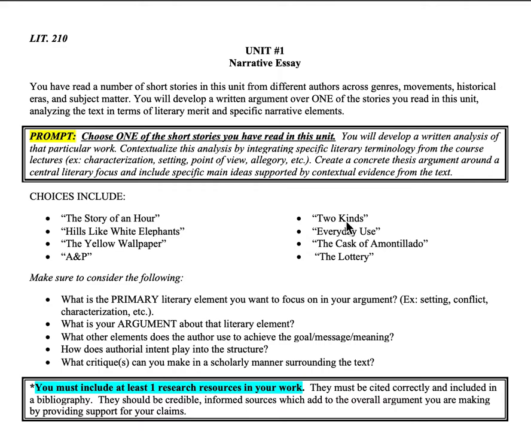So for example, if you did Hills Like White Elephants, you could look at the importance of dialogue in the text. You could also look at things like imagery and symbolism. Those are equally important, but I would say, choose one overarching thing to drive your argumentation. So, for example, you could do the theme as the main thesis statement. So, for example, you could say in Everyday Use, the theme of